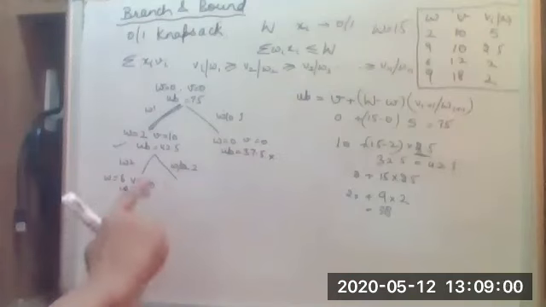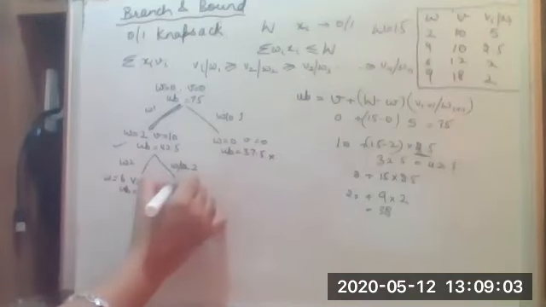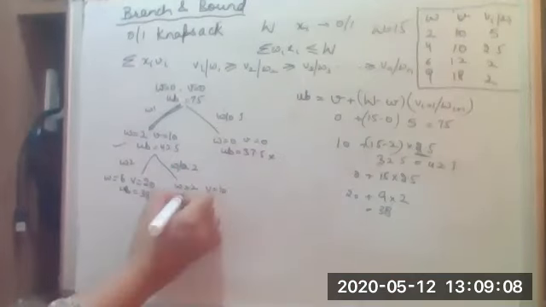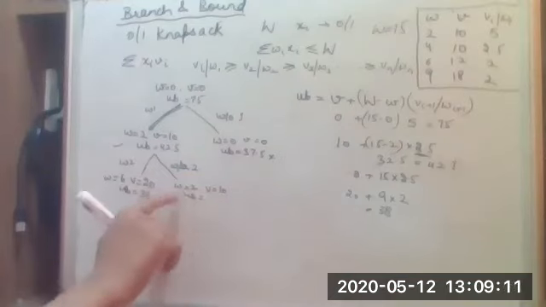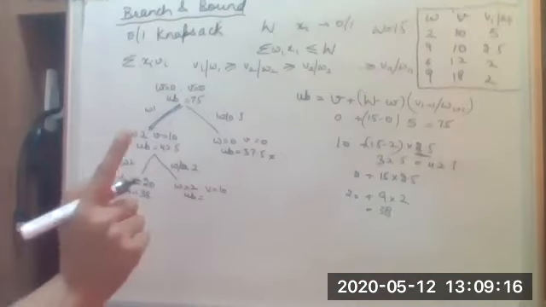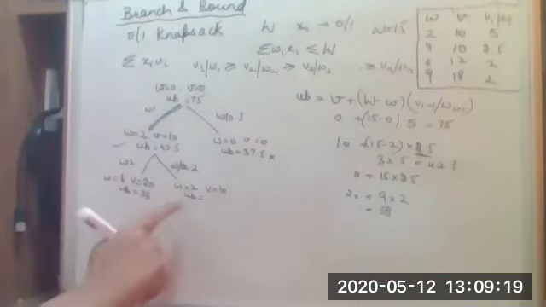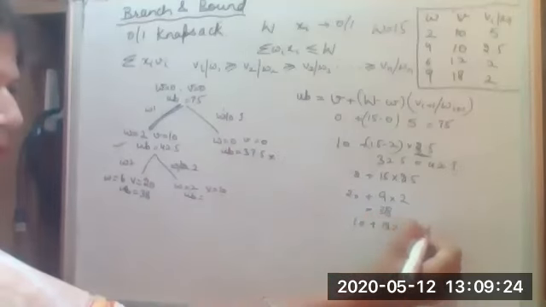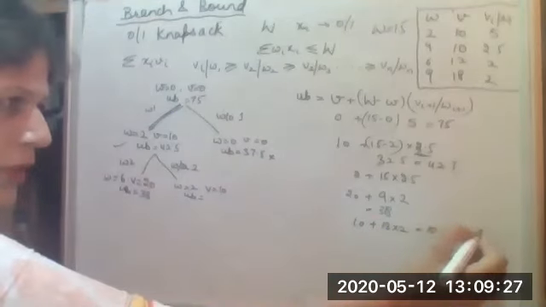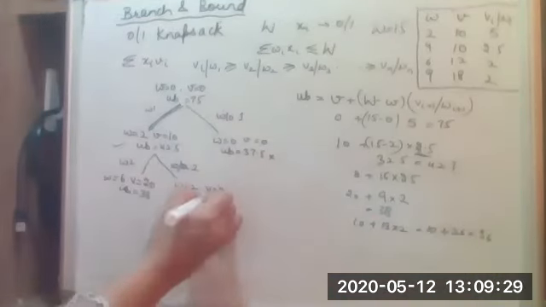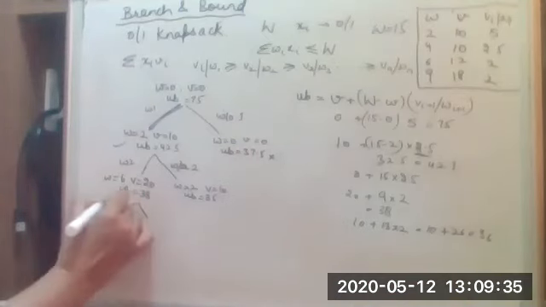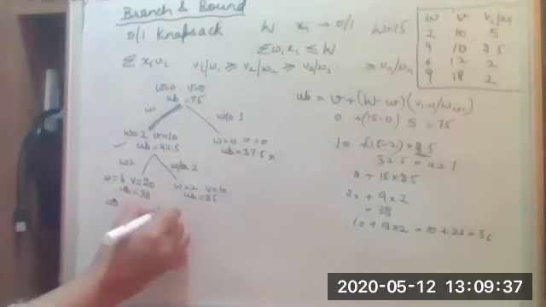Now without the second element, the weight remains 2, profit remains 10, and the upper bound value will be based on which element? The next element, that is the third element, which has the profit per weight value as 2. So right now this will be 10 plus 13 into 2, which is equal to 10 plus 26 equal to 36. So upper bound will be 36. So this is greater, so again we are going to branch into this one, with 3 and without 3.